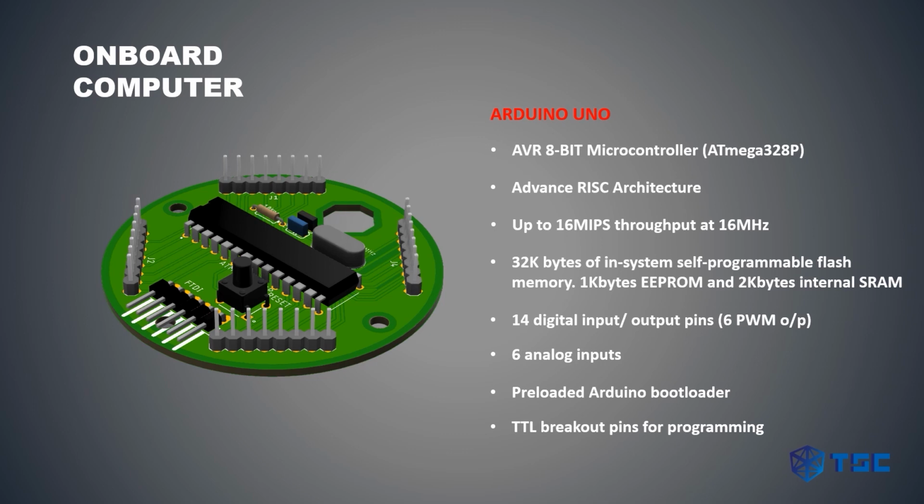Still, there are plenty of features to be exploited to make the microcontroller work more efficiently, like software selectable power modes. The interfaces from the Atmega 328P are carried by the bus interface so that it can communicate with the other subsystems. The microcontroller is provided with a 16 MHz external crystal. The OBC can be programmed using the TTL breakout pins on the board. An external USB to TTL converter is used for it.